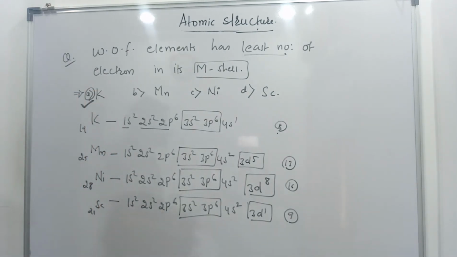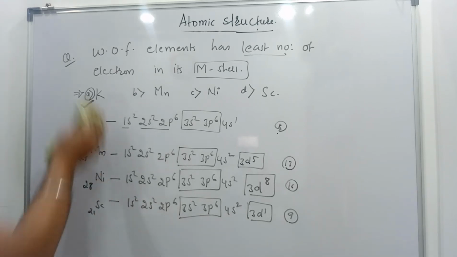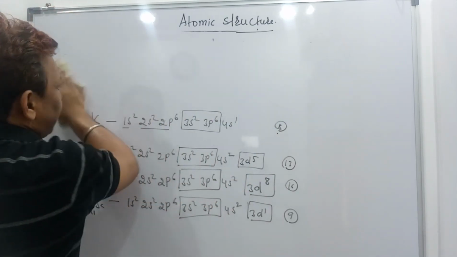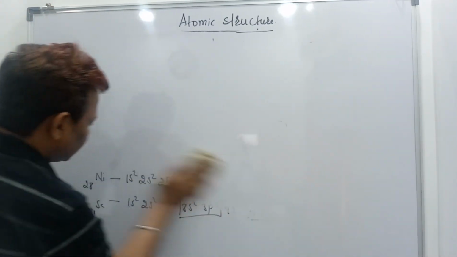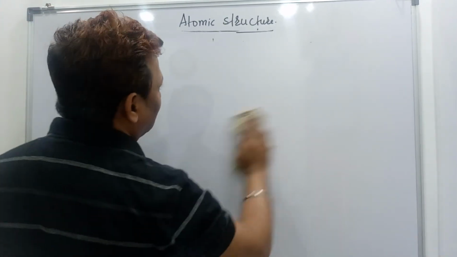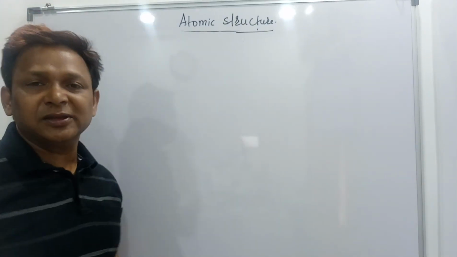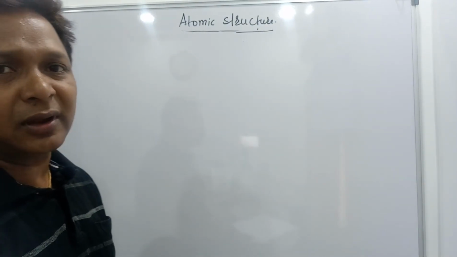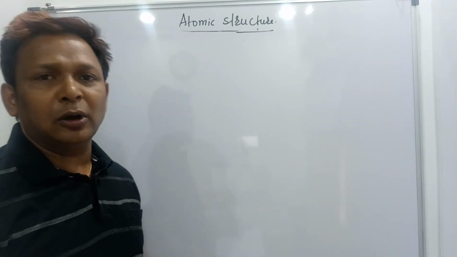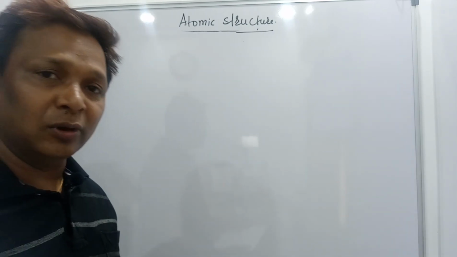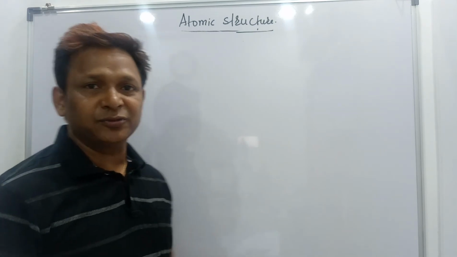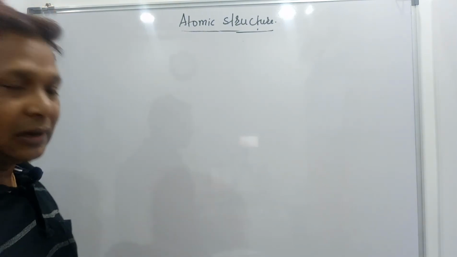Please note down this one also. Now, for all these things, beta, you people should know how to write the electronic configuration, and this electronic configuration is written based on the Moller's diagram. If you want, you can just ask me. I'll provide you how to write the electronic configuration based on the Moller's diagram, as well as in the condensed form and general form.